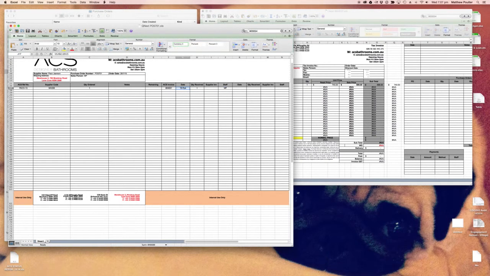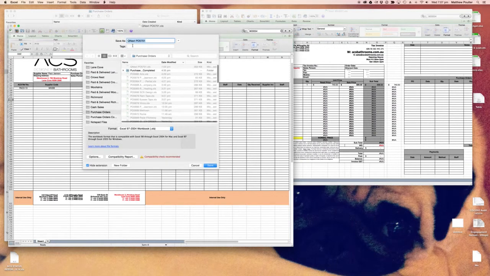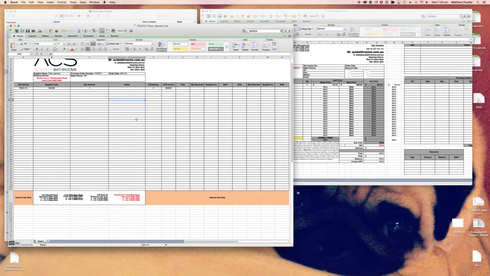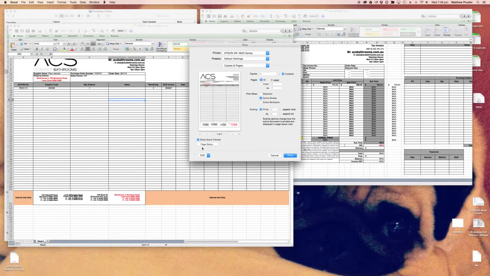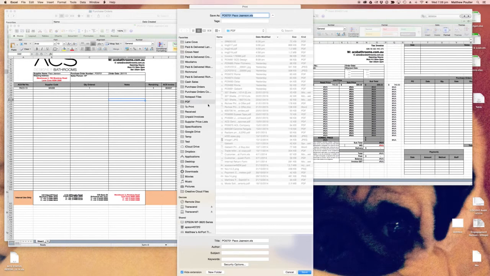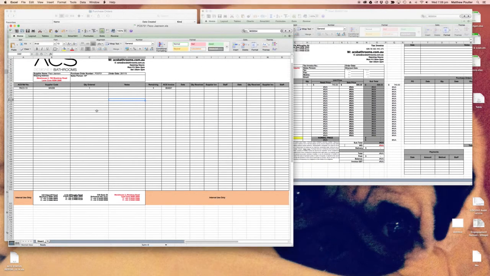In the creation of the purchase order, deleting this information, when we were back at this point, from here you do need to save it in the purchase order folder with the name of the company. You also need to either print it to PDF or save as PDF. Place it in a PDF folder. I have one specifically, but you may use your desktop on a PC, and of course from there